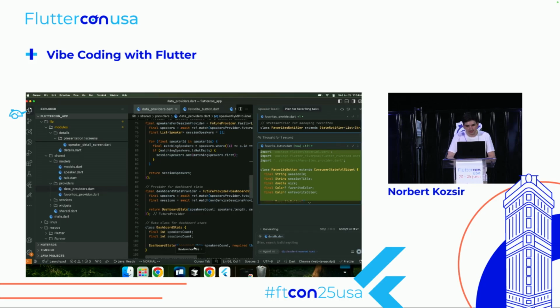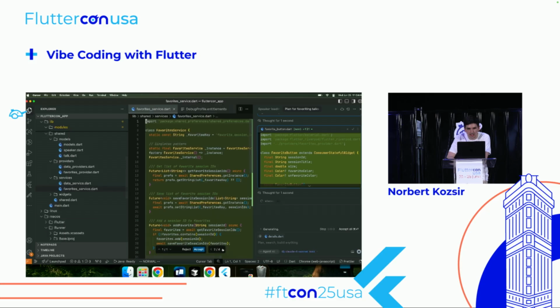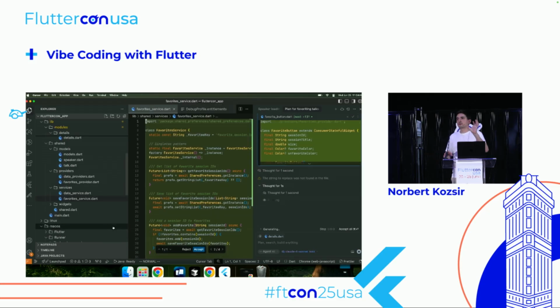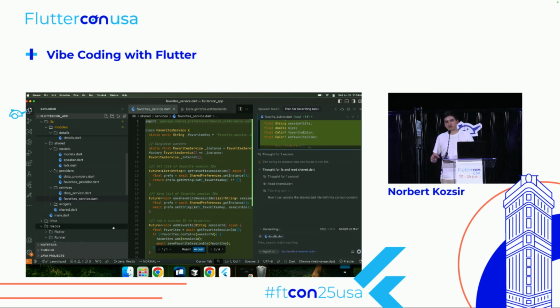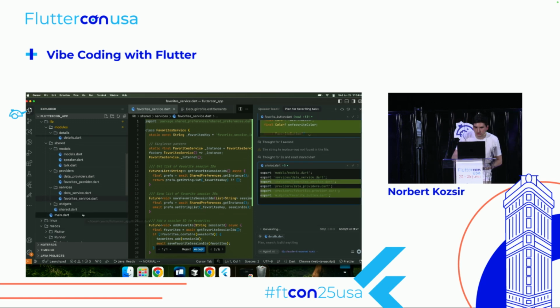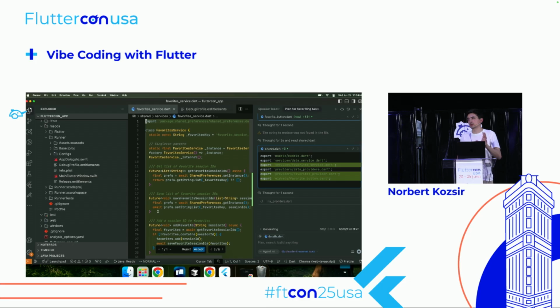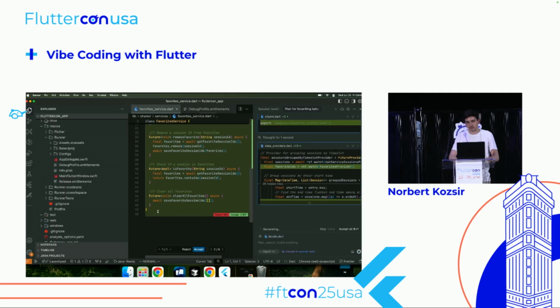So this is going and this is happening. And again, just to reiterate, we're building a full app which is getting real data, giving you real storage. I don't know how much code we've written, but it's a couple of hundred lines of code. And I would say this is not bad code. This is not code that we need to throw away. There are definitely parts of it that we need to adjust and iterate on and make sure that stuff works the way we want it to work.